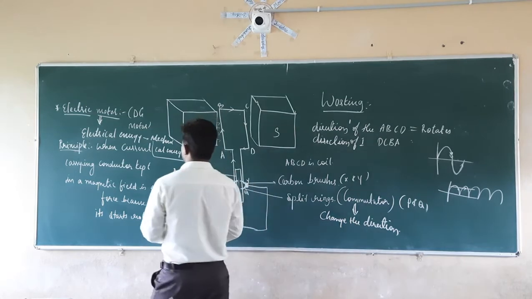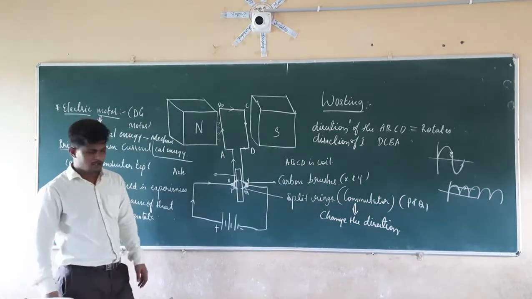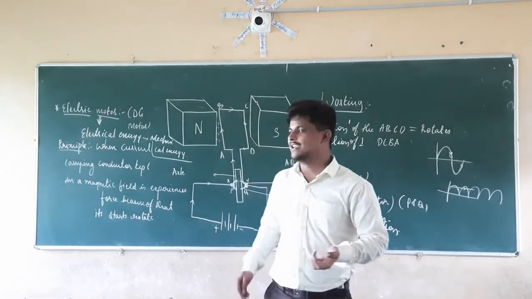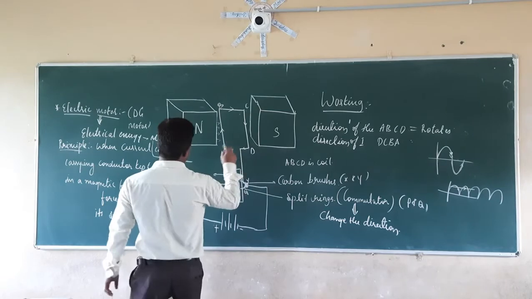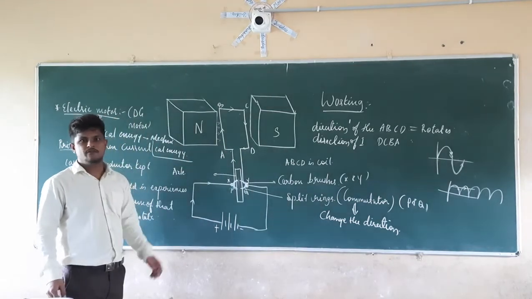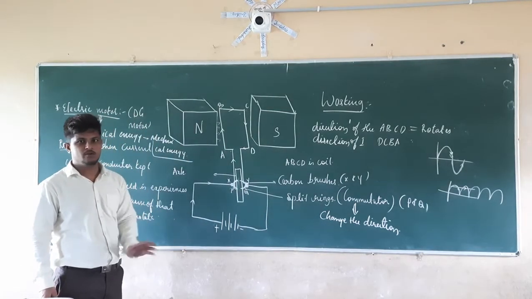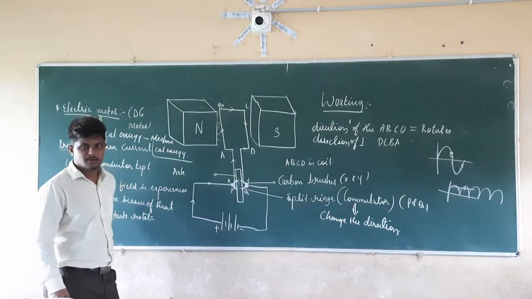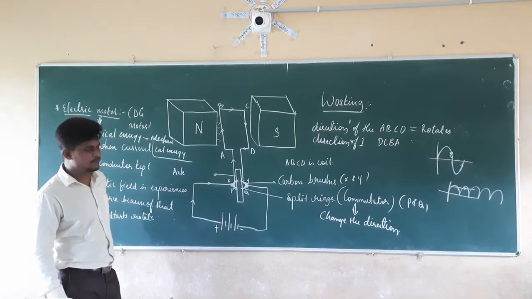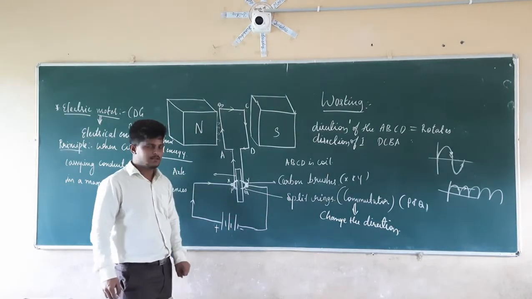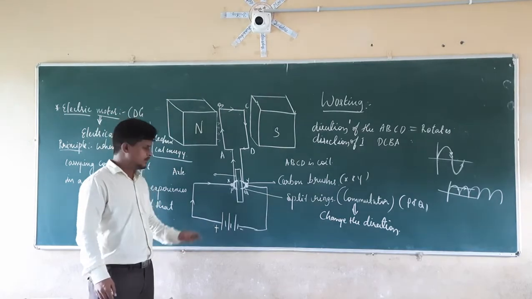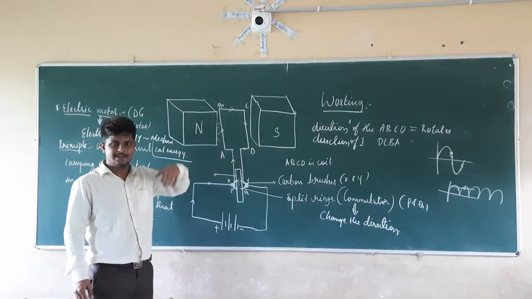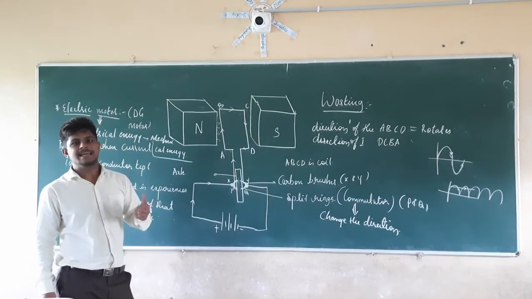So this is about the electric motor. So how can you increase the amount of rotation here? Again we have the formula F is equal to B into I into L. In one case, we are going to increase the magnetic field. By increasing the magnetic field, we are going to increase the rotation here. Second, by increasing the current. When you increase the current, this rotation or this working is going to get increased.